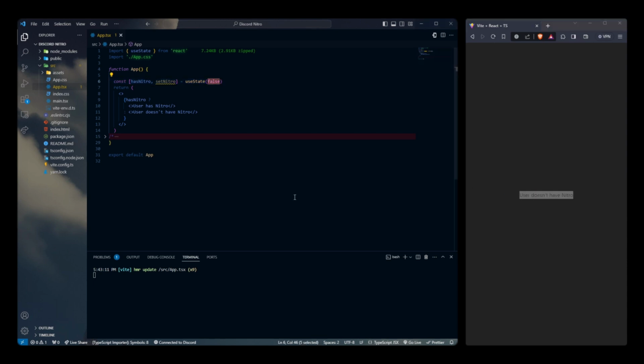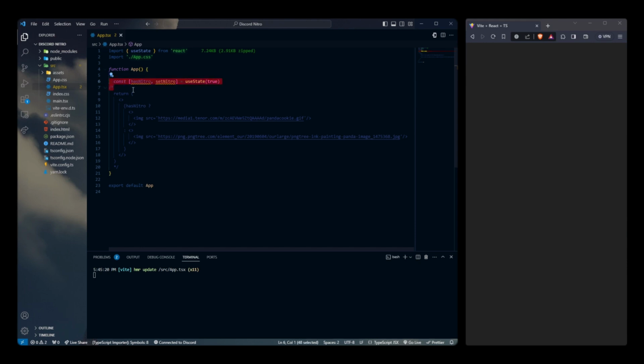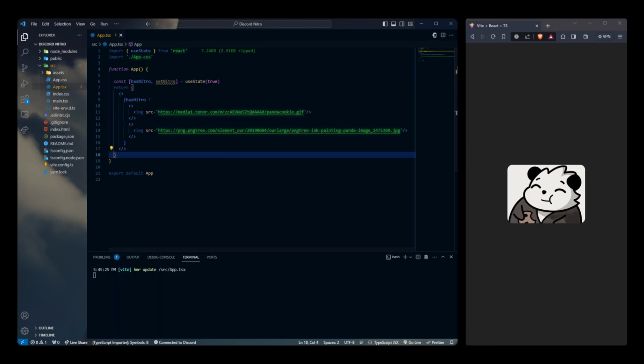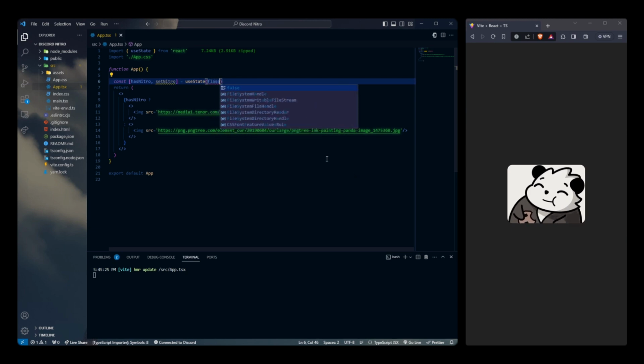If we set this to true, it shows that user has a Nitro, and you can use it with images and basically everything you can think of that you need in your app for your premium version. Also, I have it here with images to show you how this really works. So now the user has a Nitro, and if we set this again to false,